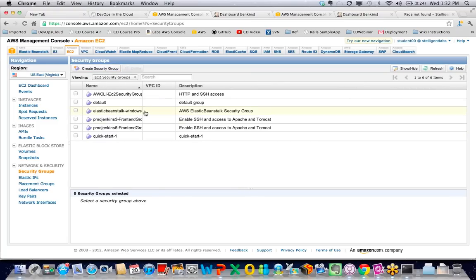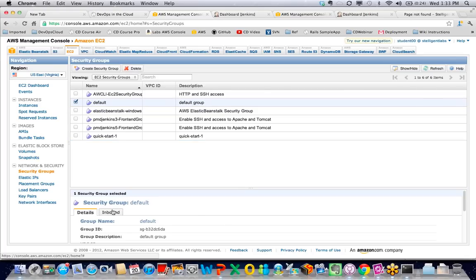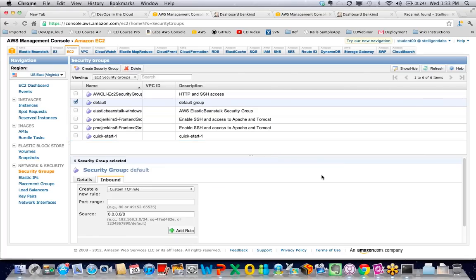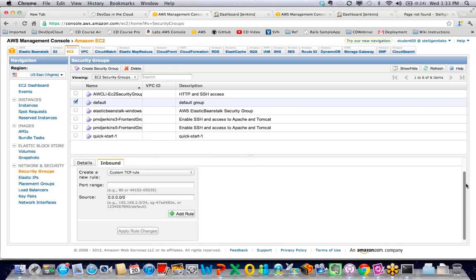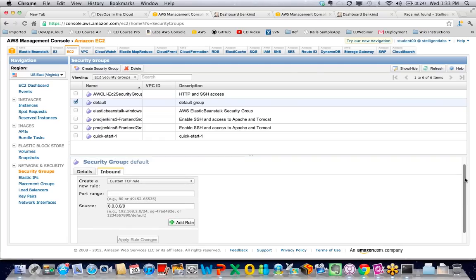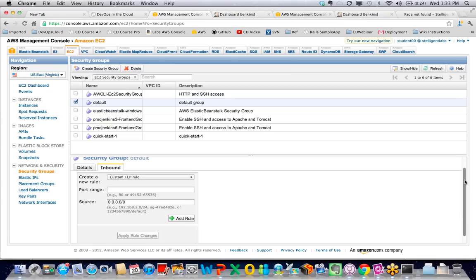I got security groups I can define. So there's a default security group. One of the best practices really is to limit access, or what I tend to do is I never put anything in the default security group. That way I know, because by default, of course, it goes to the default security group. But I want to make sure that I knowingly give access, because this is, as I talked about before, essentially a virtual firewall.